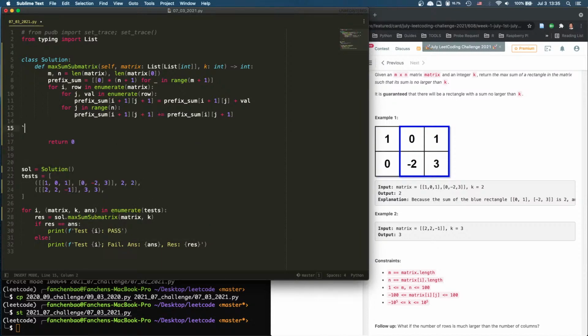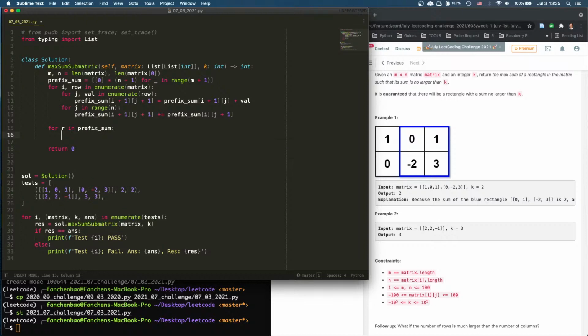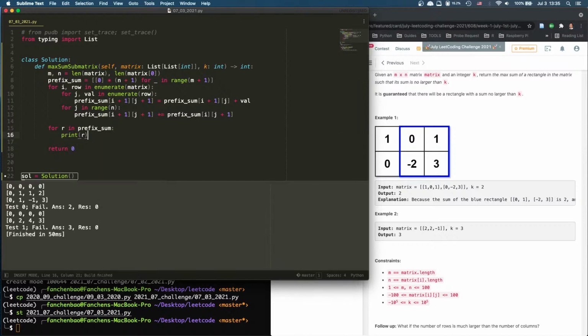What we want now is I want to check for row, for r in prefix sum, print r. I just want to check if it's correct. 1, 1, 2, and 1, minus 1, 3. That's correct. Okay, so I think the prefix sum we have created. Now, what we got to do is iterate through the prefix sum and calculate all possible sums that we can